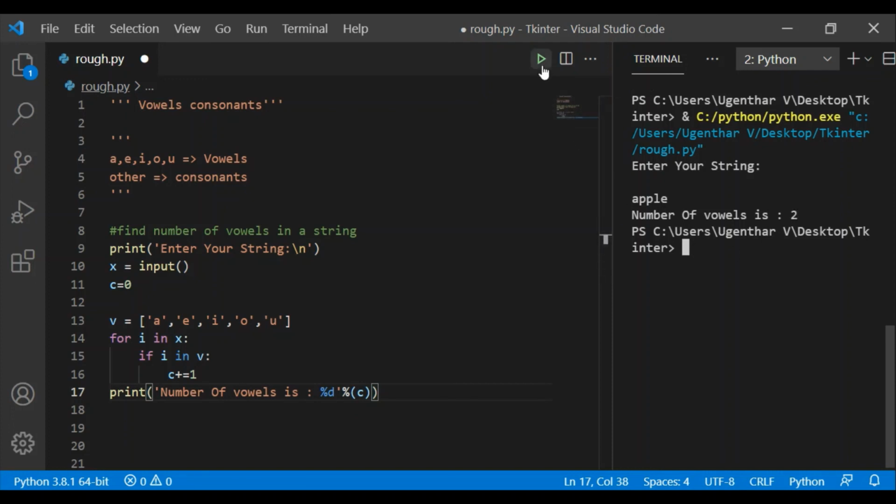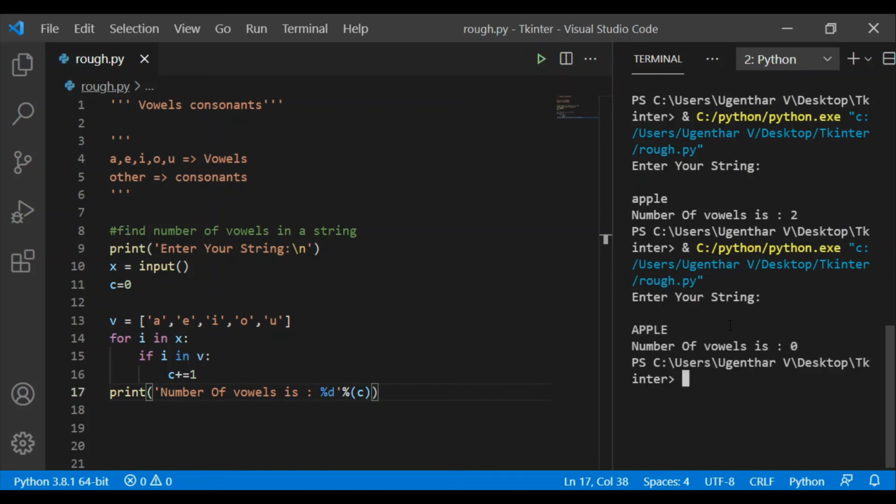Now let me try giving all the letters as capital alphabets, but it doesn't give a count of 2, because I have given only small letters. To avoid this case sensitivity, you can eliminate this error in two ways.